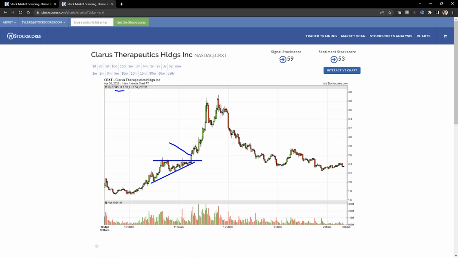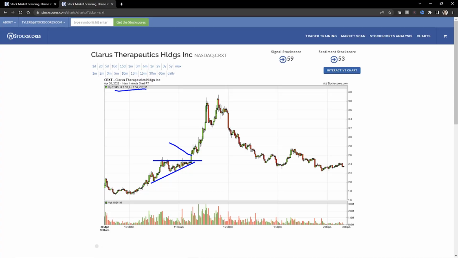Now, this is a 1-day, 1-minute chart. So much faster. You have to really watch these things closely. And we've got tools and algorithms at Stockscores that follow these things in real time so that we can catch them as close to the breakout as possible, usually within a few seconds. Okay, so CRXT breaks out right there. Our entry price is at about